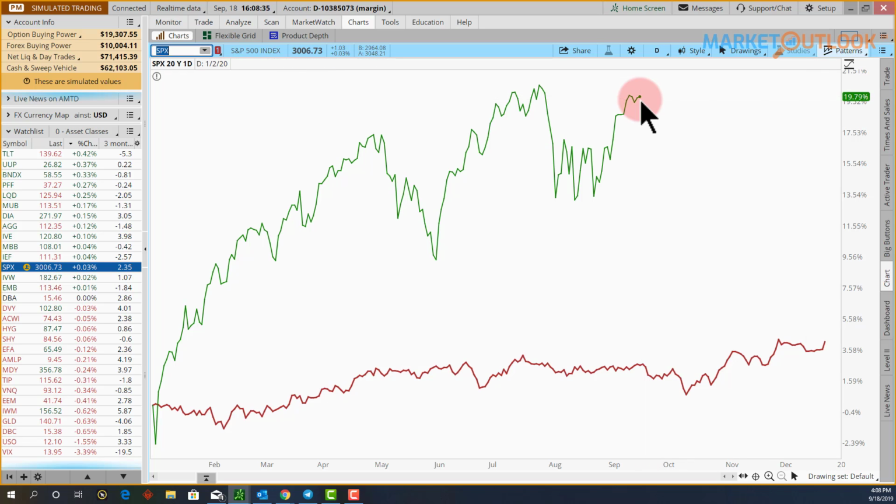I don't expect us to have a big move to the upside. Once we clear, it's going to be a grind. It's going to be a slow grind. Volatility is already low. ATR is already low. The volumes are already low, average volumes. So it will seem like the market's not doing anything, and it will seem like it's not very bullish, but